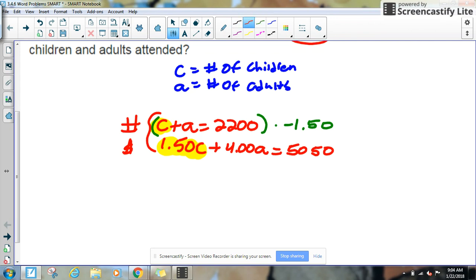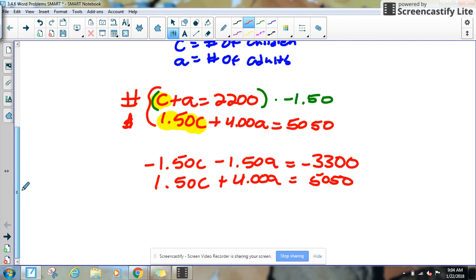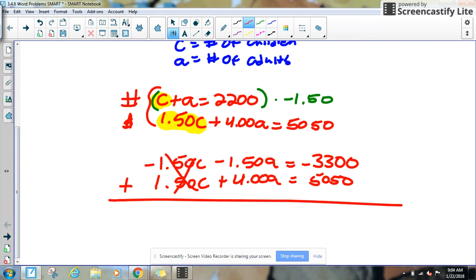Okay? So if I were to rewrite the equations, the top one would turn into negative 1.5C minus 1.5A equals negative 1.5 times 2,200 is negative 3,300. In the bottom equation, I do not touch at all. I leave it alone. Okay. Now, we're ready to eliminate. If we add down, negative 1.5C and 1.5C cancel, negative 1.5A and 4A would be positive 2.5A